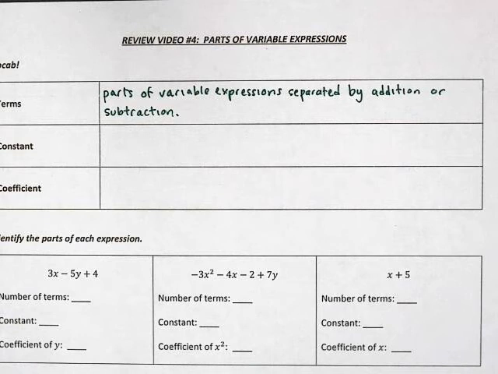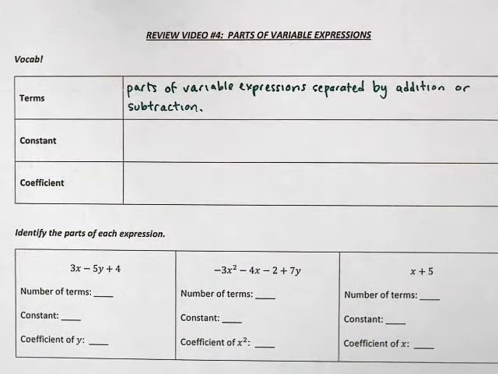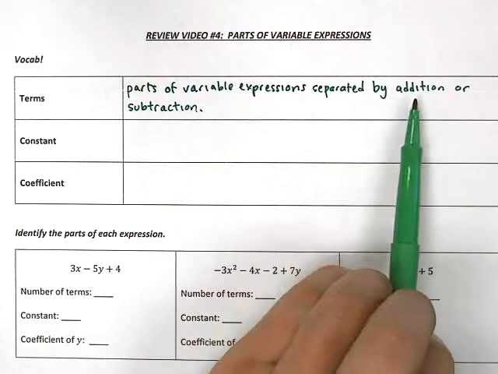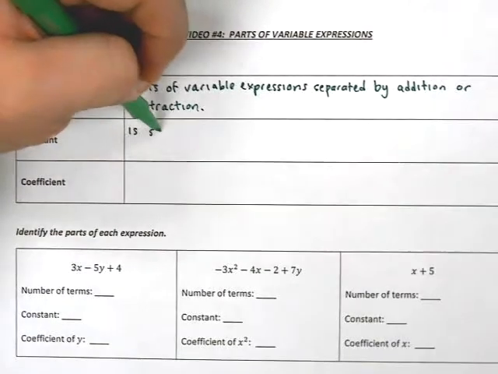So we'll see what that looks like in a bit. But basically, guys, variable expressions could be as long or as little as we'd like, and we call the different parts terms, and we can count them, and we can see different terms based on how they're split by addition or subtraction signs. All right. Now, a very specific type of term is called a constant, and a constant is something